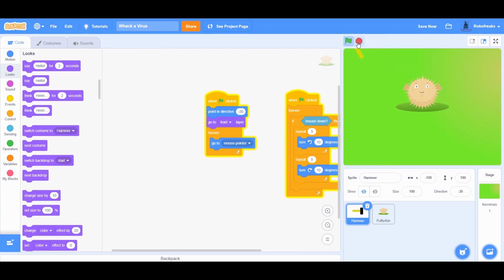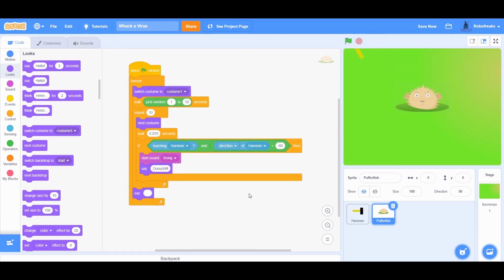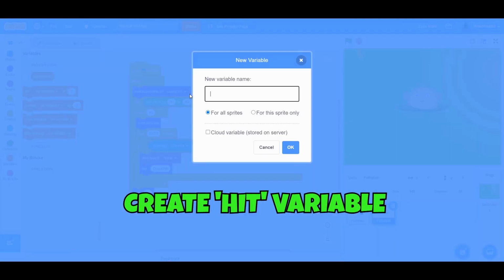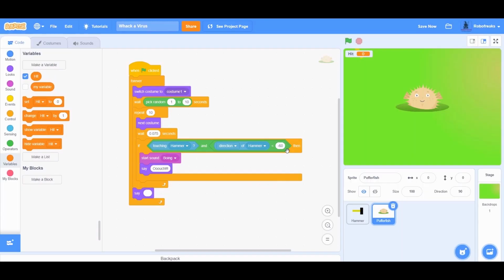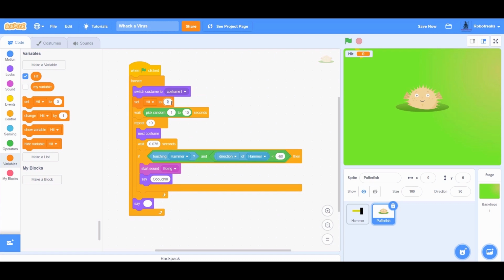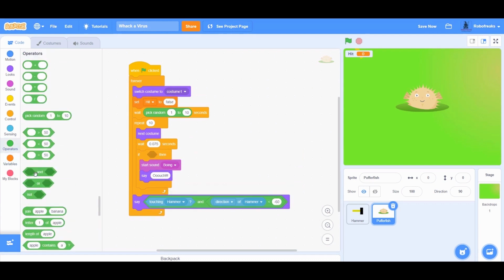Hey, did you see that? I am able to hit the virus multiple times if I press the mouse very quickly. I don't want this to happen. For this, I will create a variable called hit. Set it to false initially, indicating that virus has not been hit.